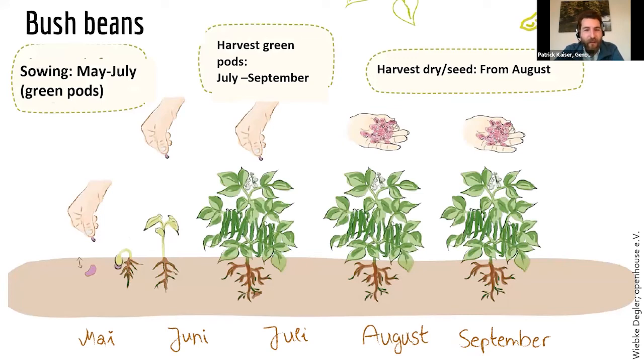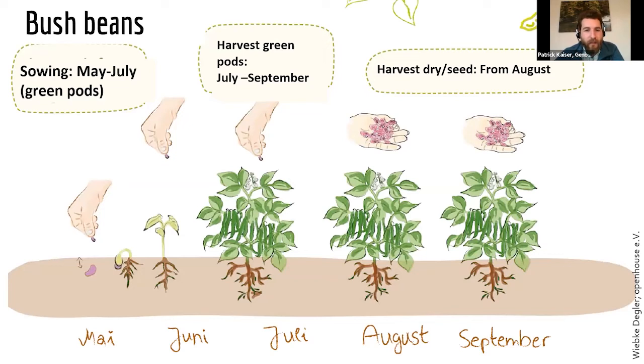Bush beans take more space on the ground, but they come earlier with the yield. We start sowing them from May to July, and then you can harvest the pods or later the dry seeds. And if you want to put up some sticks or other things to go for pole beans,